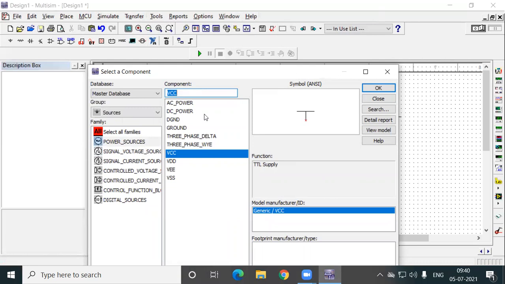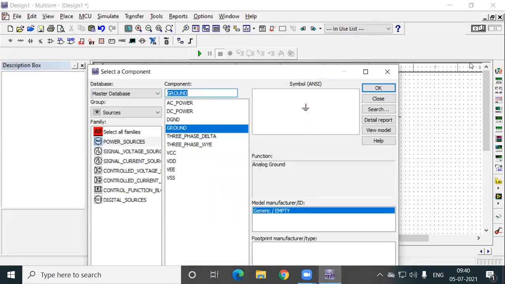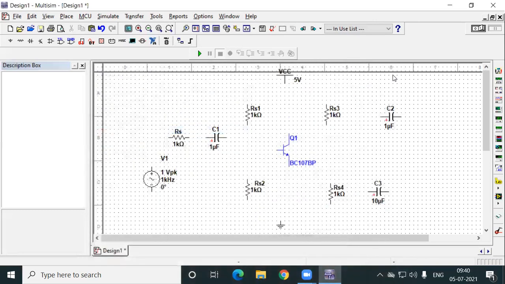Again, I need ground. Ground is here. Okay, place it here. While placing itself, you have to place them neatly. Just as ladies do rangoli very neatly, in the same manner you have to place your components on the canvas. Anyway, we can drag and drop, but if we keep them carelessly somewhere, then we can't drag them. So according to the given diagram, you have to place your components neatly. Then you have to join them with the wire.